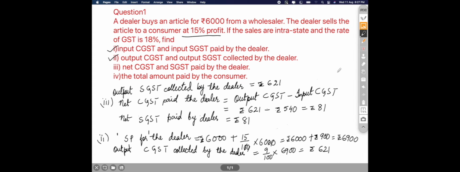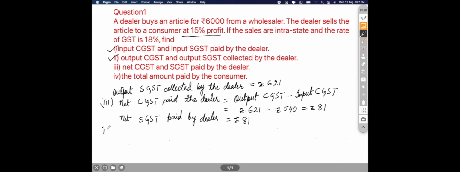Let me again clean the lower part of the screen. So the fourth part now, the total amount paid by the consumer. That means the cost price plus tax for the consumer to be evaluated. So cost price for the consumer is equal to the selling price for the dealer, right? So cost price for the consumer is rupees 6900 and